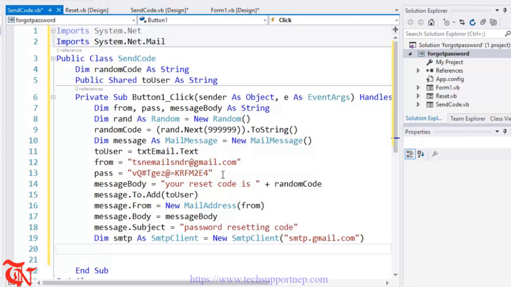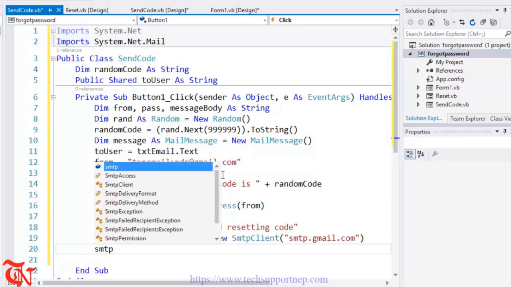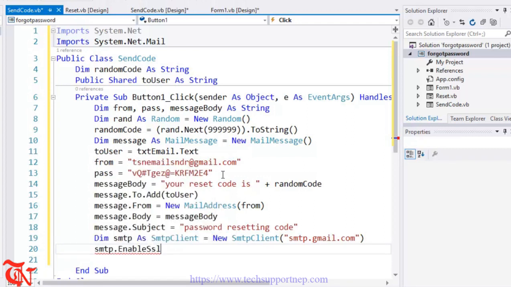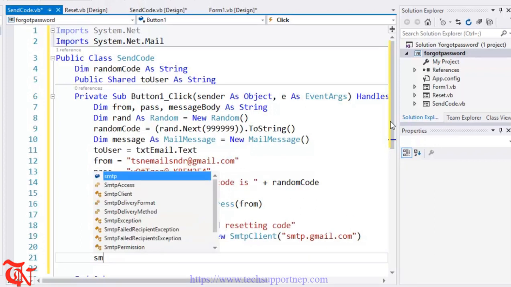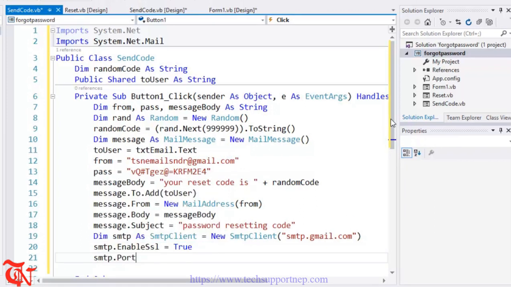Now we need to enable SSL, so smtp.EnableSsl, secure socket layer, is equal to True. We need to specify the port, so smtp.Port is equal to, generally 587 is used,